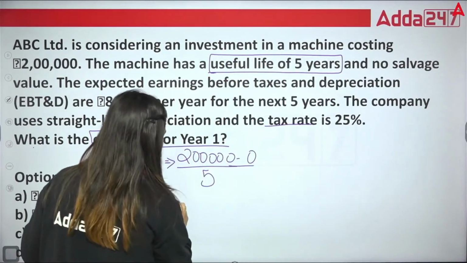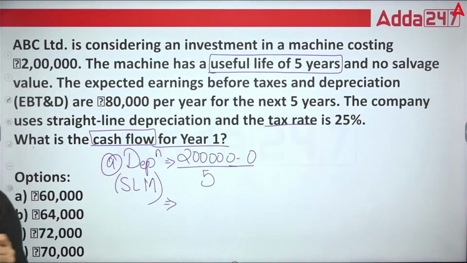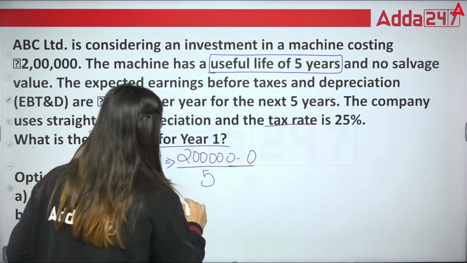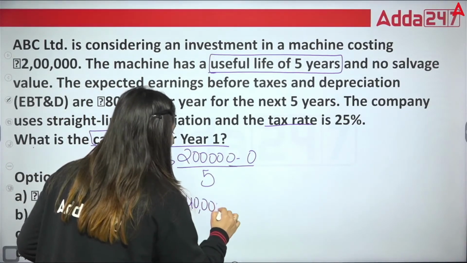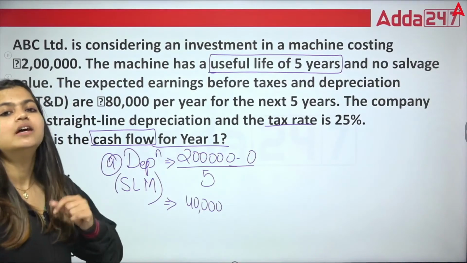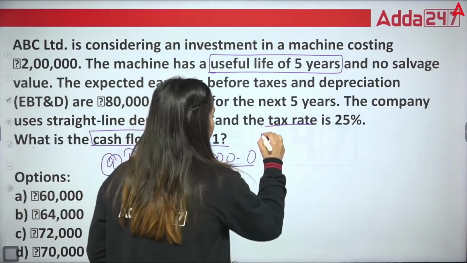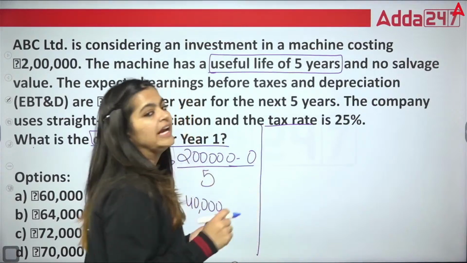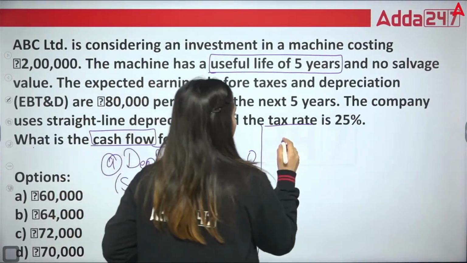So what is the depreciation amount in this? 2 lakh divided by 5, that is 40,000. That is how much? 40,000. Correct? And to calculate the correct cash flows, what we need to prepare? We need to prepare one statement. And that statement starts with your